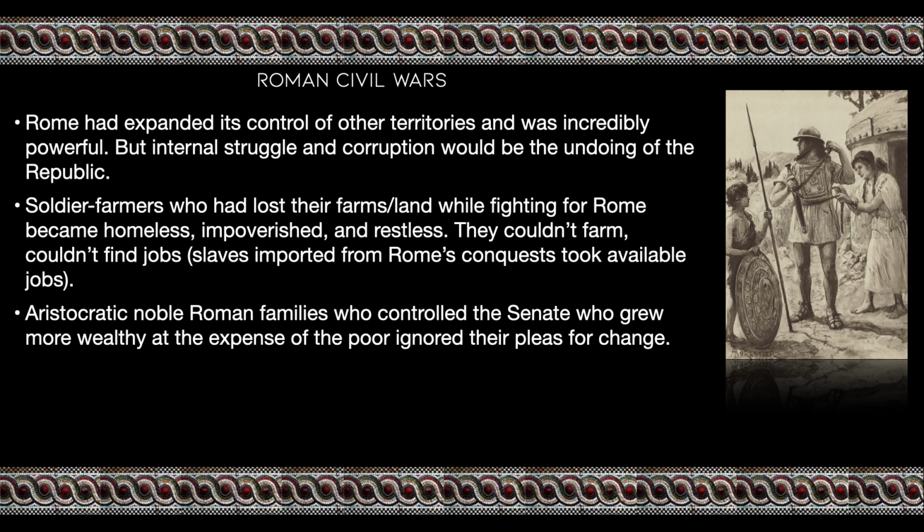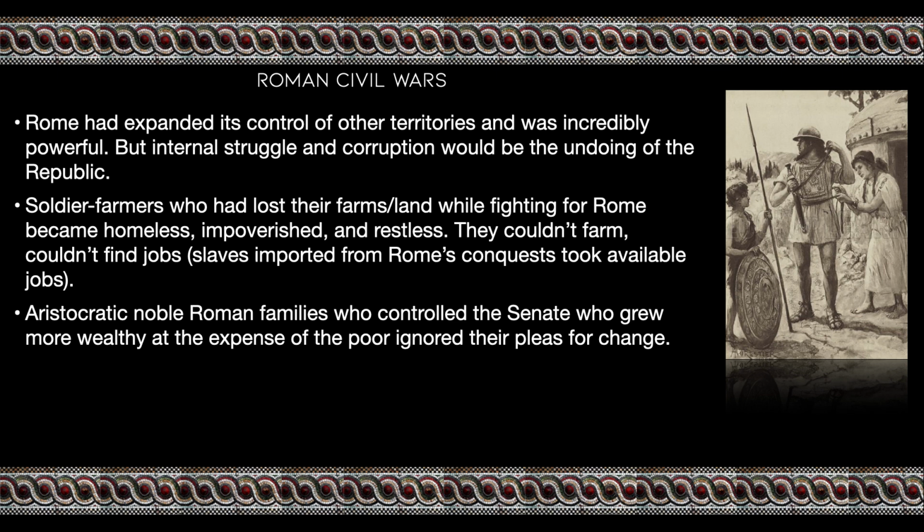The first group of reforms is going to take place because as Rome has expanded its control over various territories and become powerful, they're going to be struggling internally with corruption, which is going to be really their undoing. The soldier farmers who had lost their farms and land while fighting for Rome became homeless, impoverished, and restless. Basically, the way this worked, if you were a farmer and they called up legions, you had to go fight. And you could be gone for years while your wife and family had to try to take care of the land, farm the land. If they could not continue to farm the land, they could lose it to the people who owned the land, who they were renting from, who owned the notes on it, so to speak,